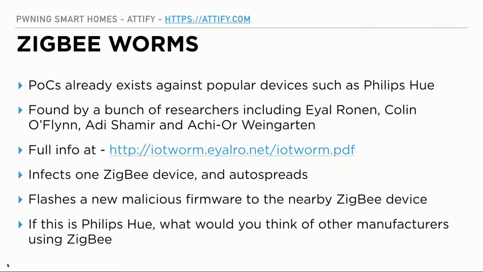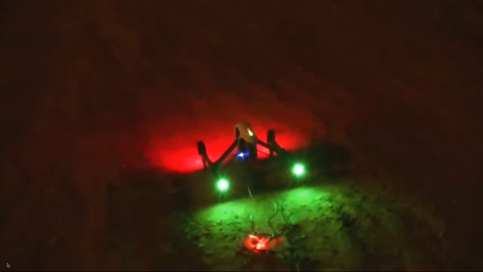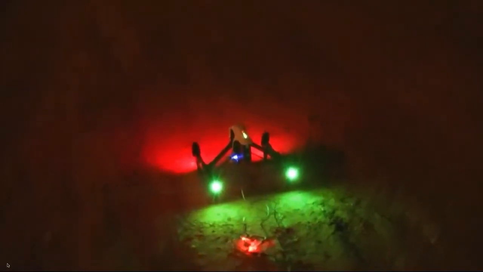So based on the same principle that Zigbee is so vulnerable, 4 researchers from a university created a Zigbee worm, which actually takes a really good approach, not for the users, but for pen testing. So they built a drone which has all of this in it, and they can actually attack a particular Philips Hue automation system from 100 meters away.